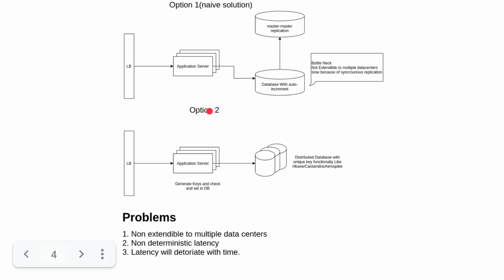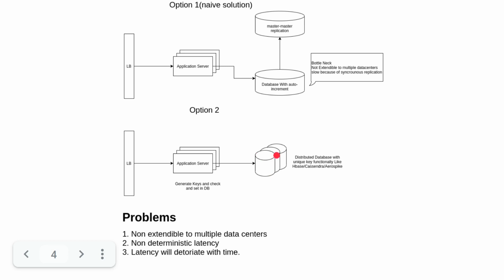Okay, so option 2 is a little better than option 1. Here the client will hit the load balancer. The load balancer will forward the request to the application server. The application server will generate the key and hit a distributed database which has support to check whether that key exists or not, and if that key doesn't exist, it will store it and return true, else it will return false.